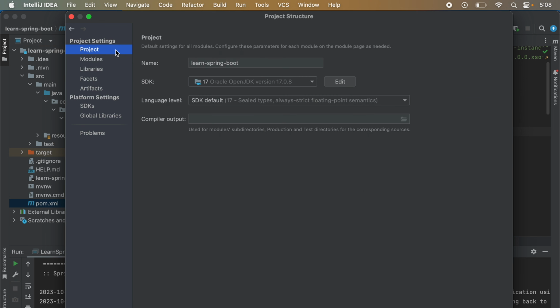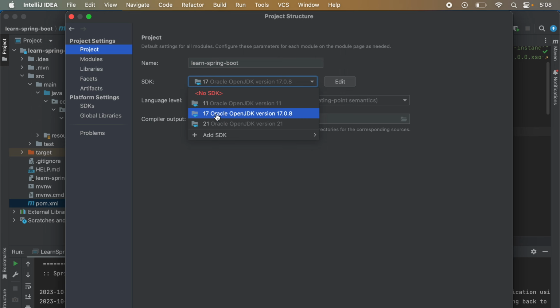First one, for the entire project, for all of the modules inside the project, we want to keep the same SDK version. So in that case what I would recommend is choosing the required SDK version from here in the Project option.